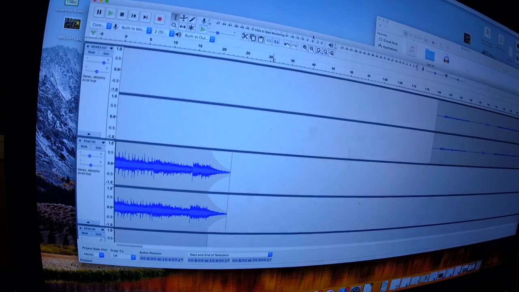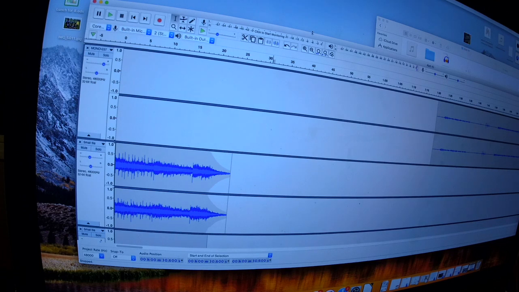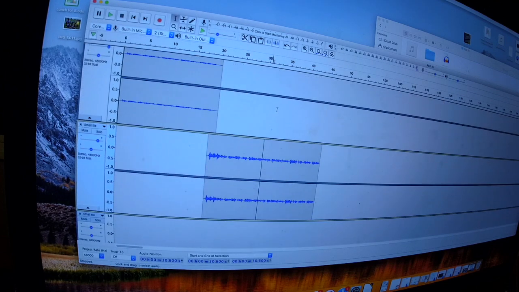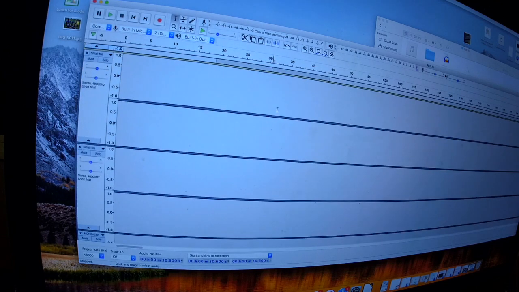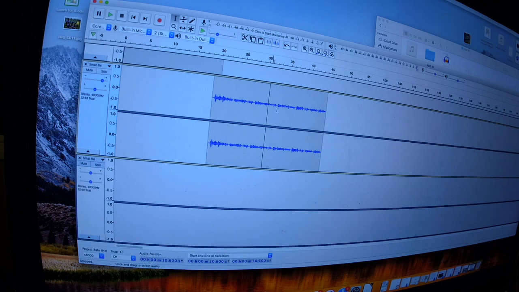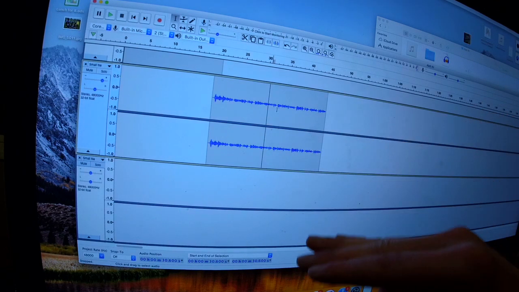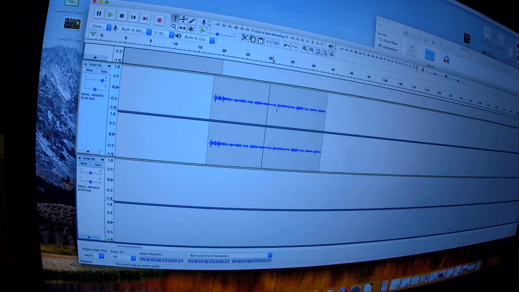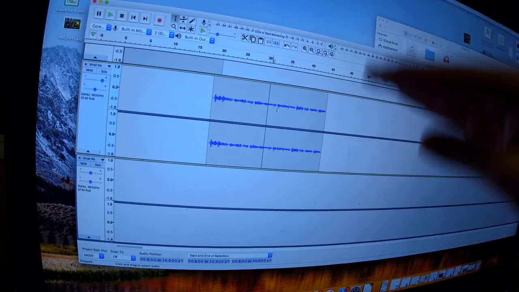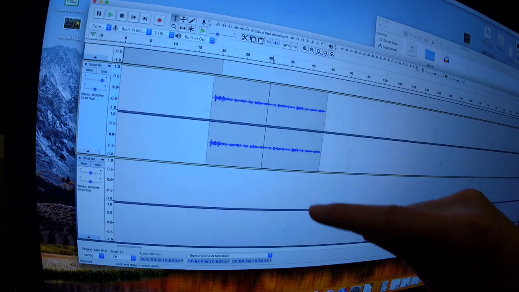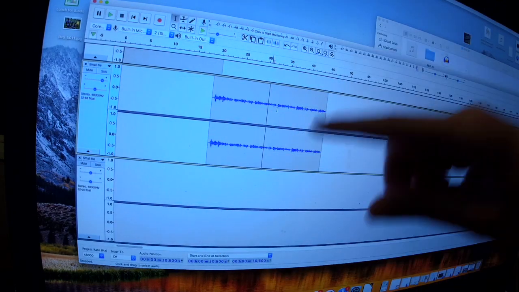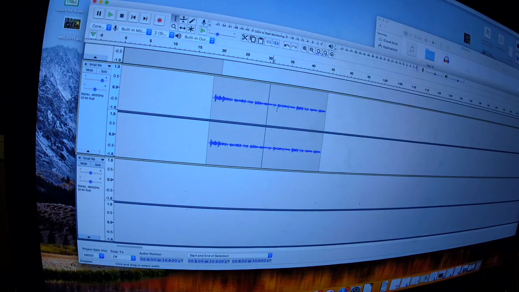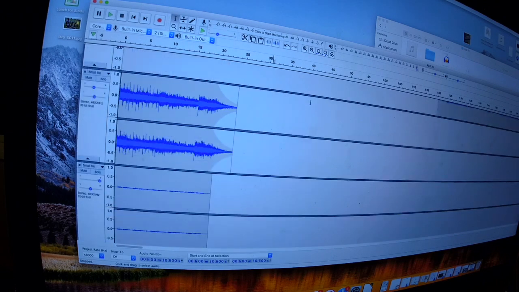I find Audacity is quite simple. And it's a free program as well. I'm sure there's paid software that you can pay for and use, but this is actually pretty good for a cheap alternative. And obviously you can put in multiple tracks like this, and then sometimes the one I did was a 9-hour episode which had multiple people speaking all at different levels, so I had to put them in different tracks and then adjusted so that it kind of sounded consistent across the whole of the thing.